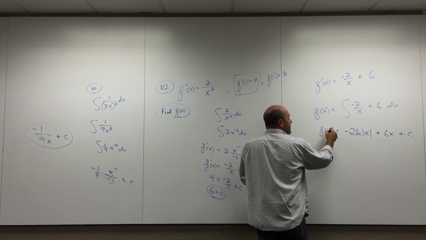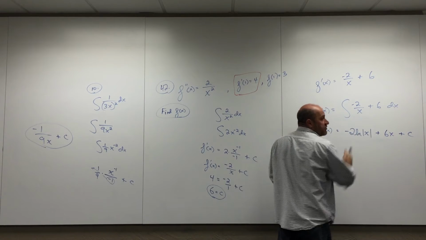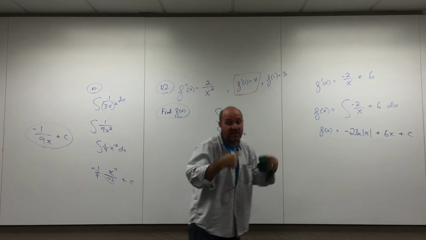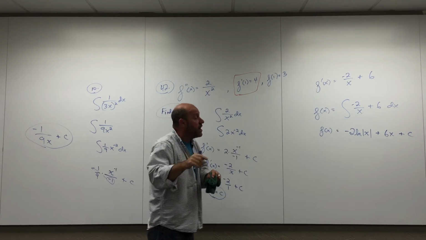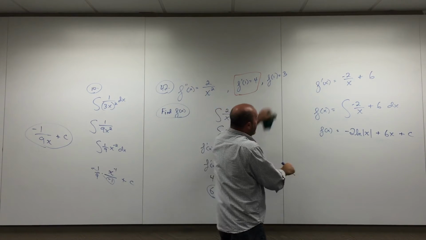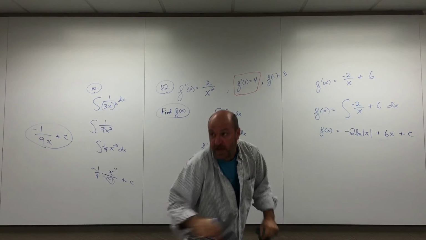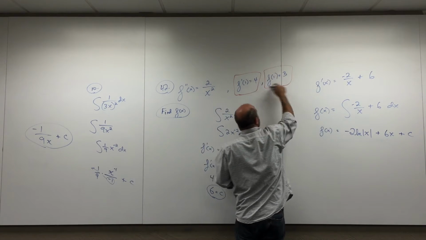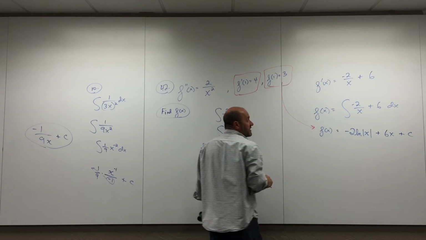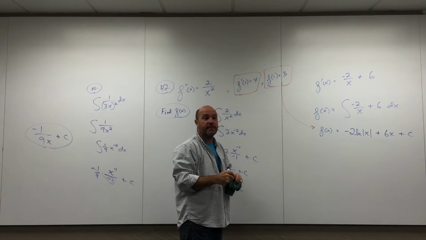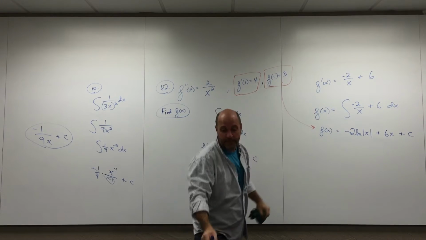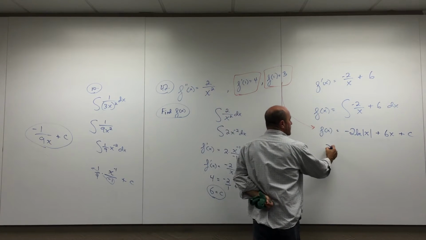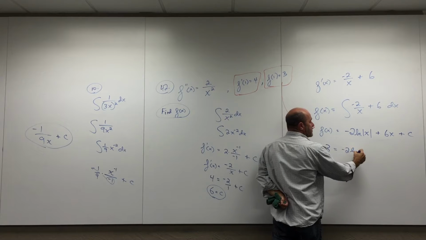Cool. This is my function, and it's got a plus C in it. The directions wanted what they called a particular answer, and that's because they gave me a piece of information right here that I can use to find C. Plug this in and you can find C. What it says is when x is 1, the function is 3. This is a 3, when x is a 1,